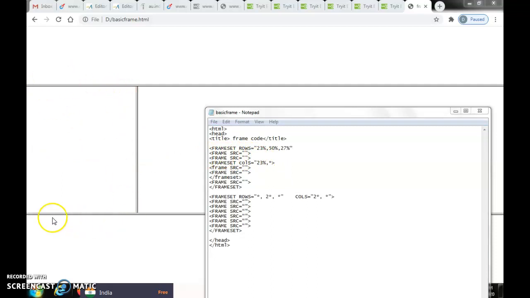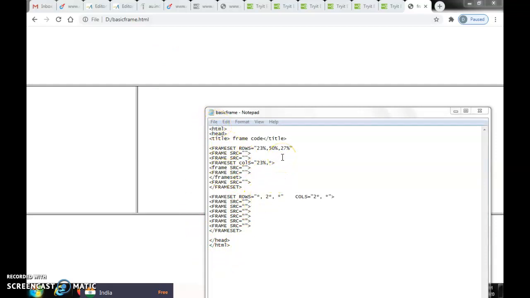So here, what does frame mean? You are going to divide the screen for usage, for example the company title in the first frame, and in the second frame some price list, some message, some content. Likewise you are going to develop websites; that is the main purpose of dividing the screen. In that screen, this is the exercise, this is already executed.